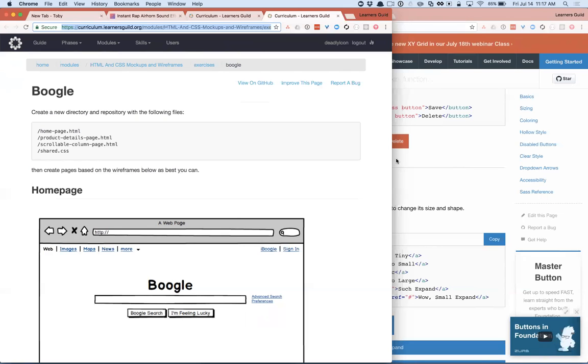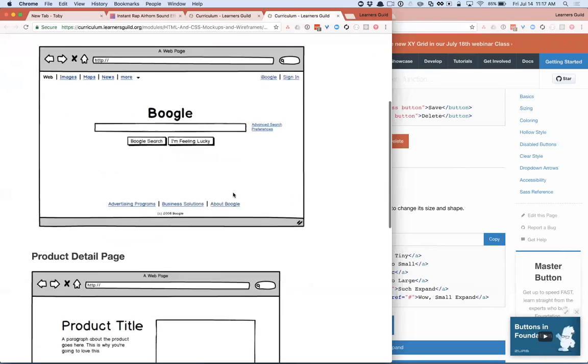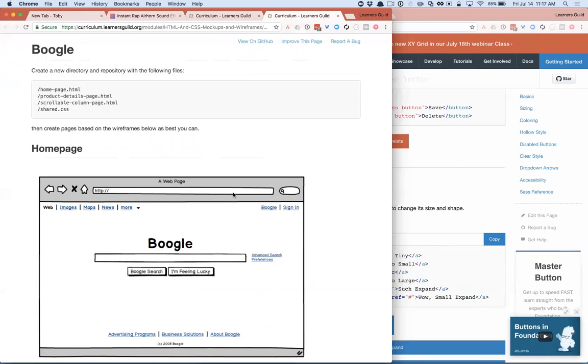So it's very important. What I'll probably do is add to this module that you should implement them in pure CSS and then also in Bootstrap or Foundation, just to get an idea of what the difference is between implementing those things. So I'm going to write that down real quick.